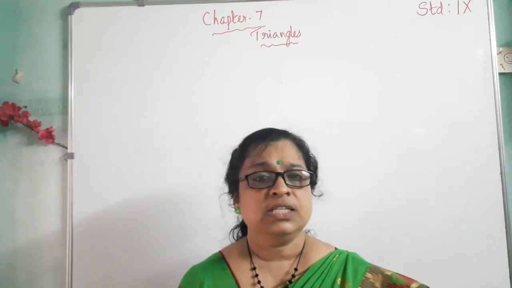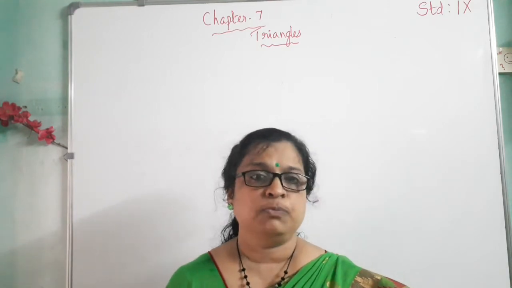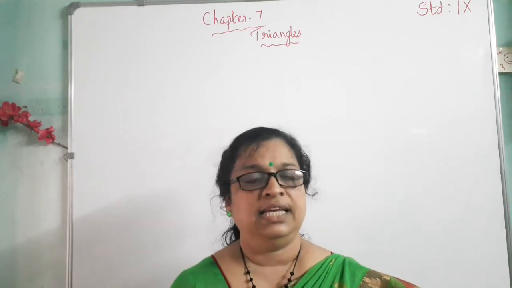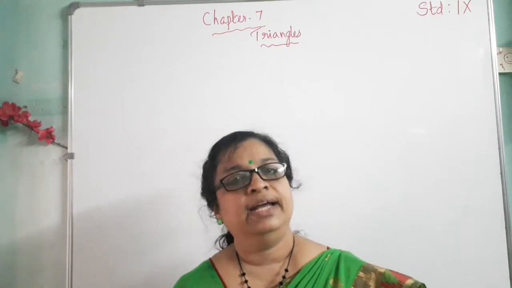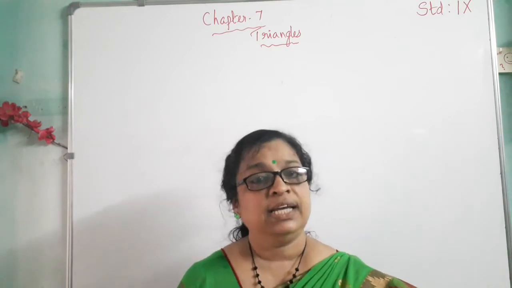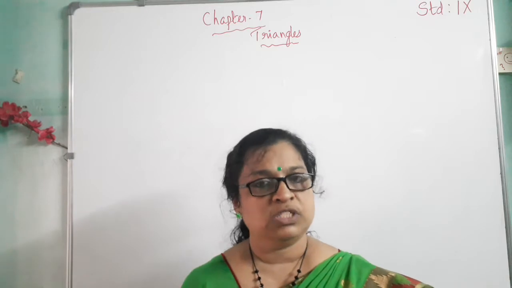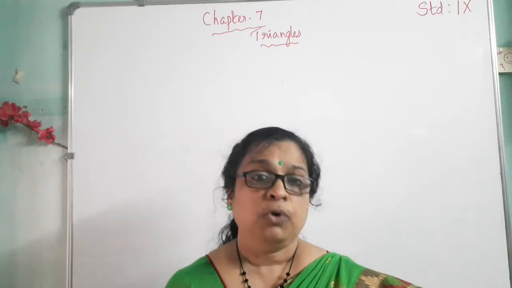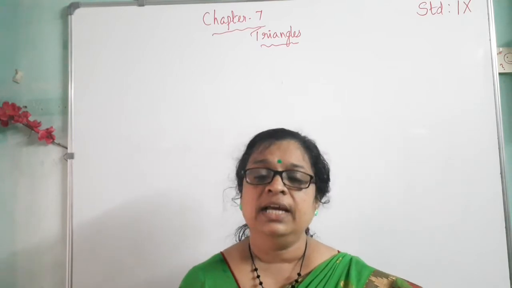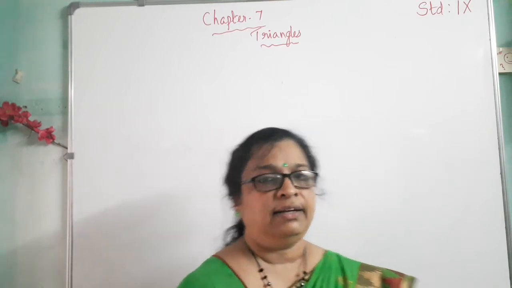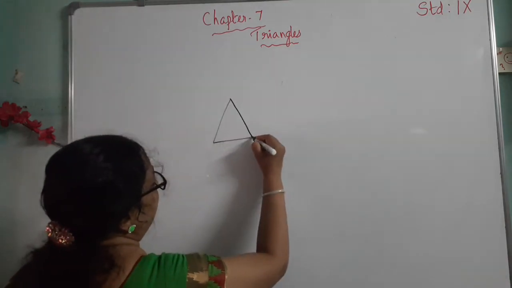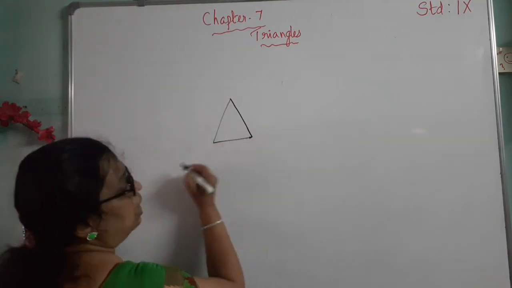In earlier classes you studied about triangles and their properties. Then you all know what a triangle is. Tri means 3, that is, a 3-sided polygon is a triangle. We know that to be a polygon, we need a minimum of 3 line segments for a closed figure. So polygon means a simple closed figure made up of line segments. In that way the smallest polygon is a triangle. In this way we draw triangles, and this is the smallest polygon.